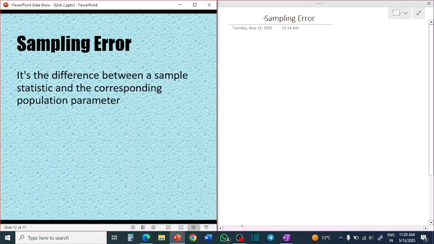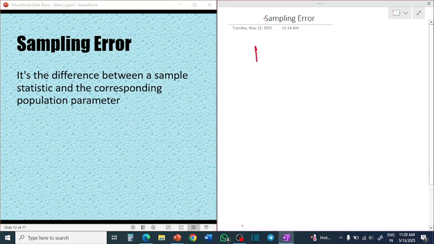So in this we will look at the two types of error which we can get while collecting data. The first one is sample error and the second one is non-sample error. Before starting all these errors and the types of mistakes that we make while collecting a sample, let us understand about population and sample.